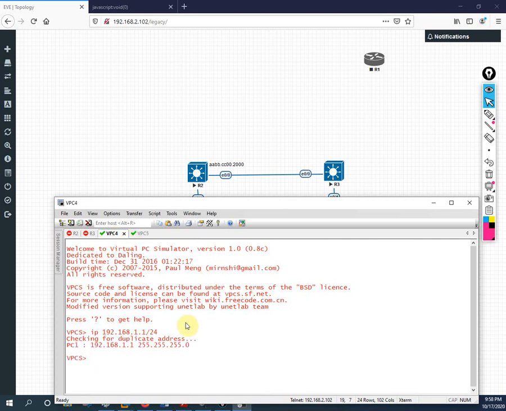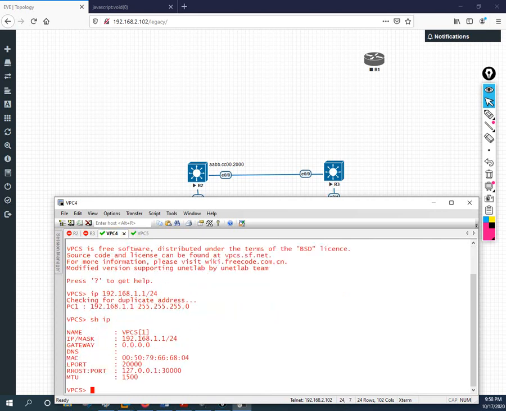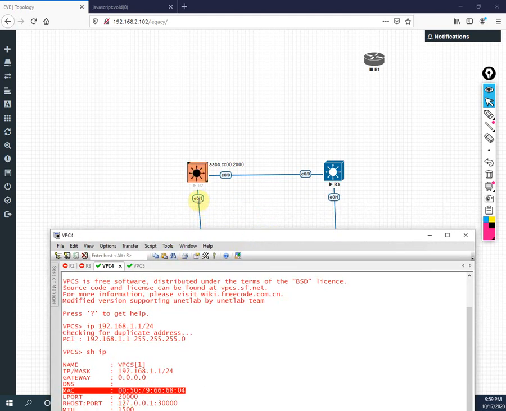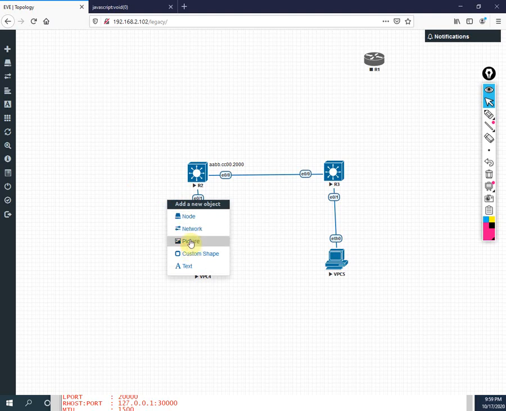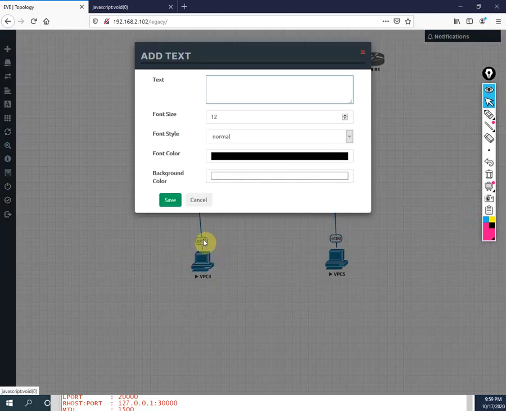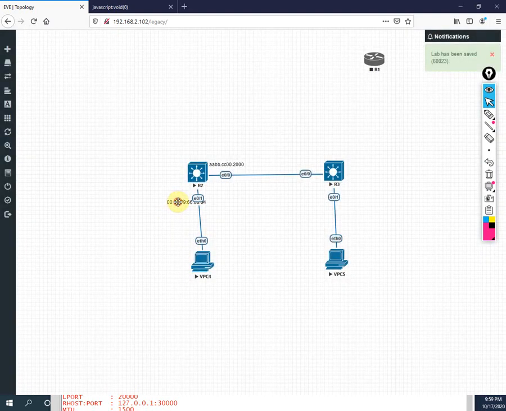Okay, so this IP is assigned here. If you want to check, you can write show ip, you will get the details. If you see, this is the IP address we assigned, and this is the MAC address of this PC. So if you see, E0/1 has this MAC address. So let me take this one, this is the MAC address for E0/1. So I will go here and paste here at E0/1. This is the port that will have this MAC address, because this PC's MAC address is this one.